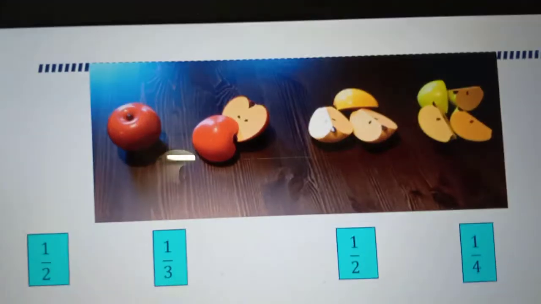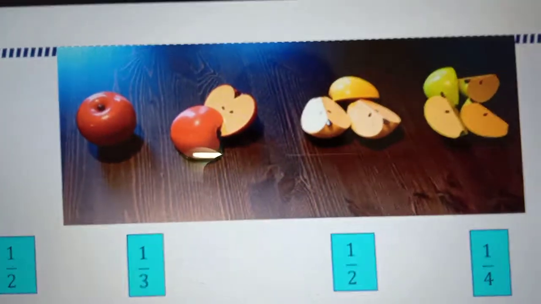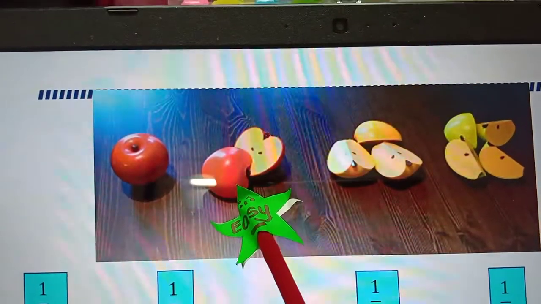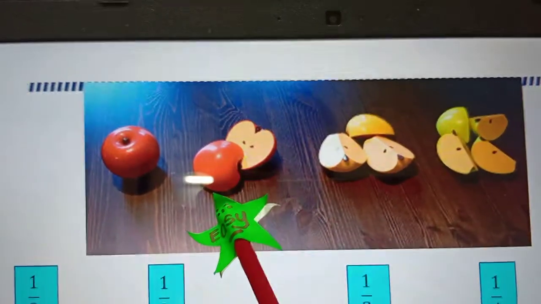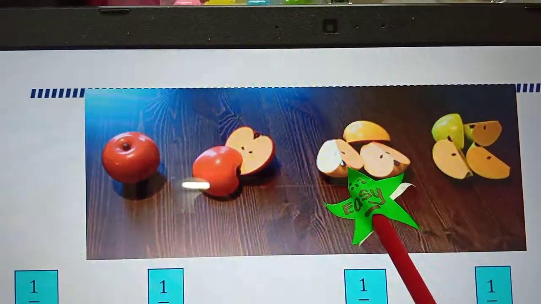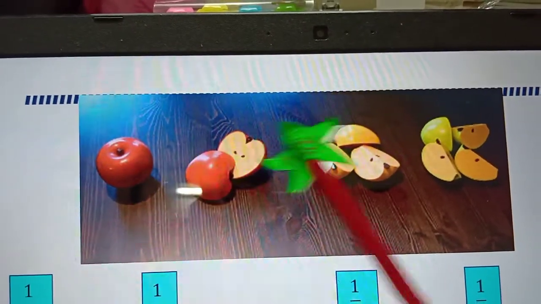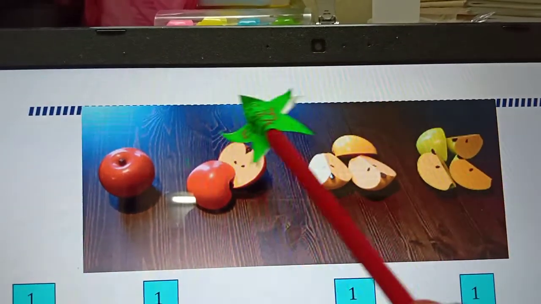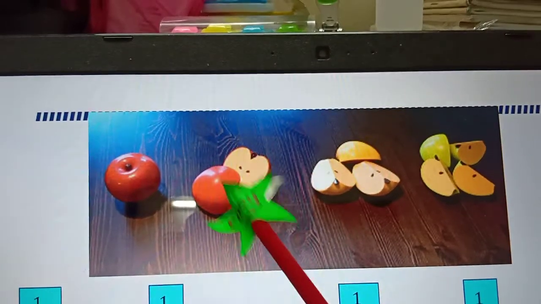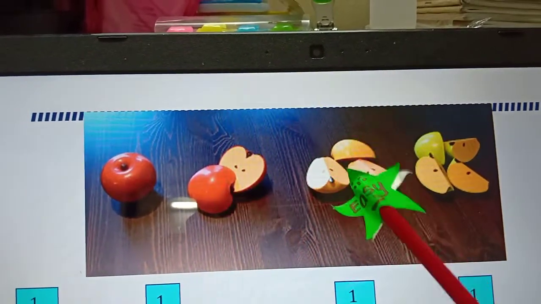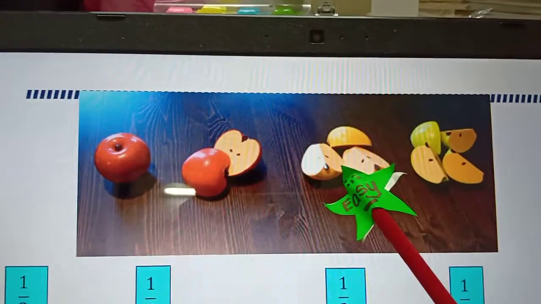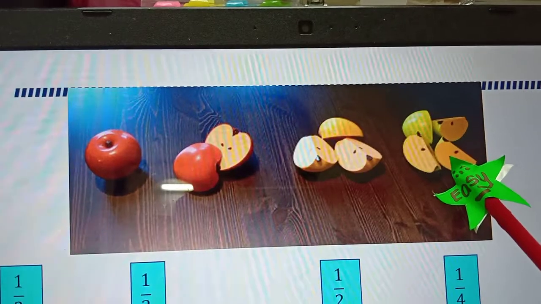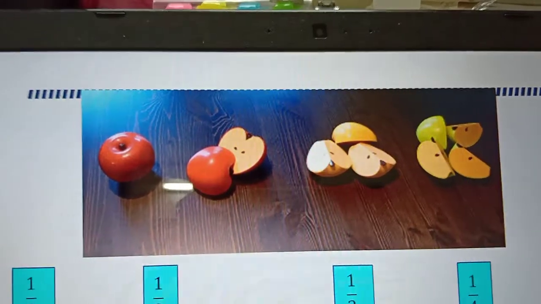Okay, now we go for apple. We see the picture first. One whole apple. This one, we already cut in the middle. We have the same apples, but we have 4 apples. We take one apple, we cut in the middle, then we just put it here. This one is a different, new one. We take another apple and cut into 3 pieces. Another apple, we take and cut into 4 pieces.